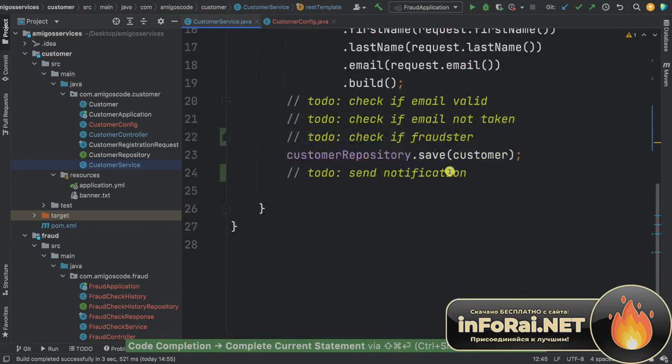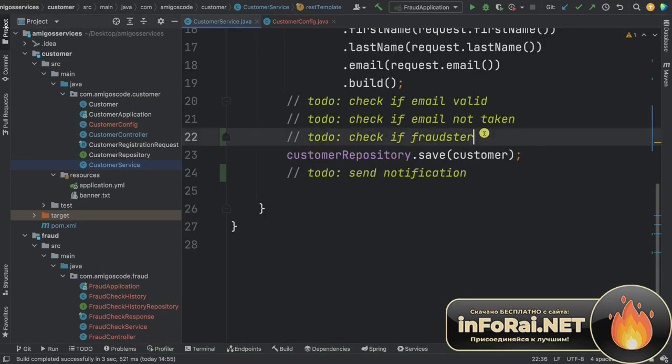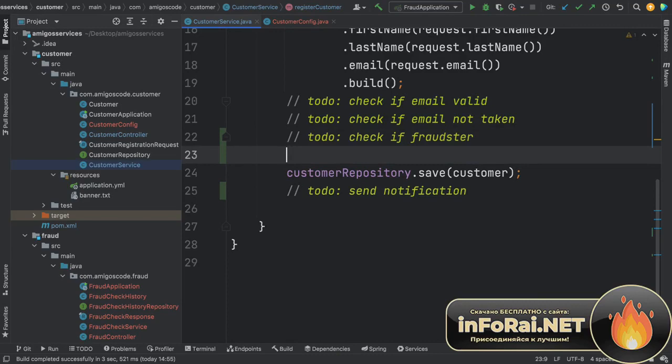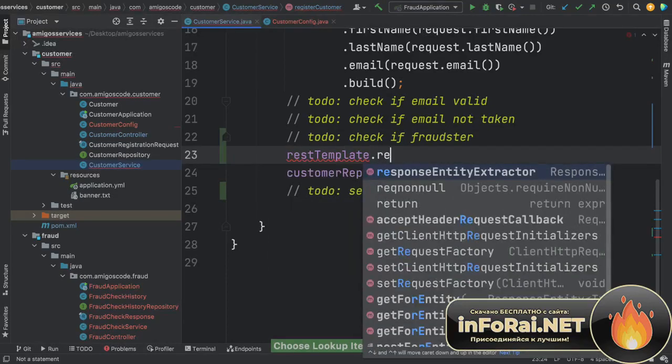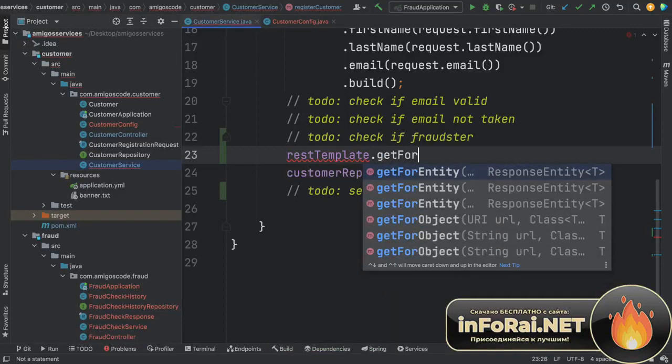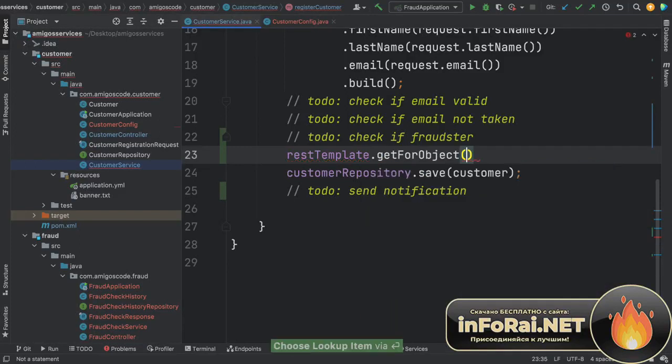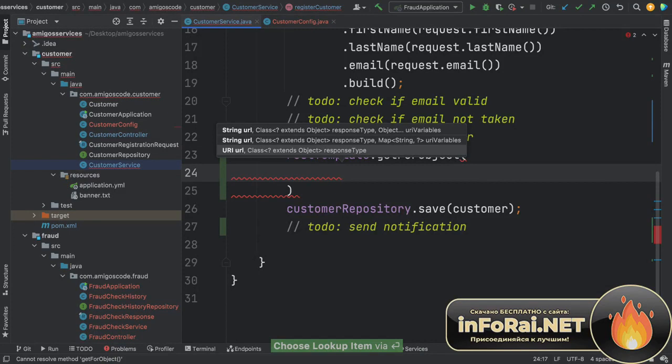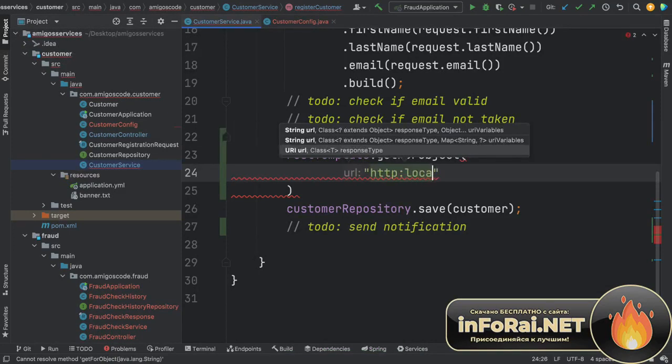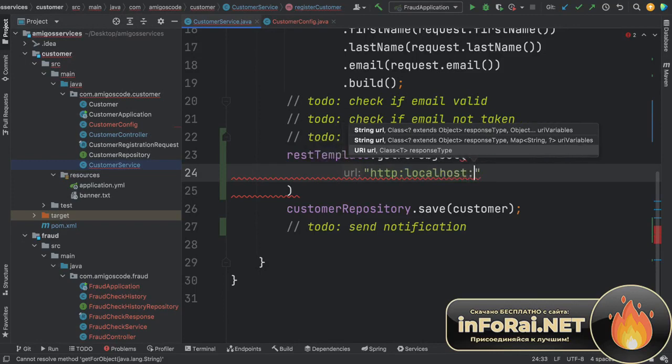Inside in here, so line 22, we can complete this to-do. So here we're going to say restTemplate dot getForObject, and inside we're going to pass a couple of things. So one is the URL, so this will be http://localhost: and then the port on which the fraud microservice is running, 8081, and then